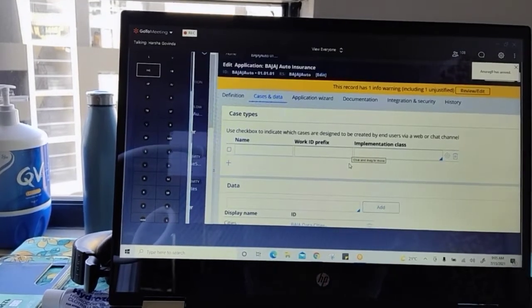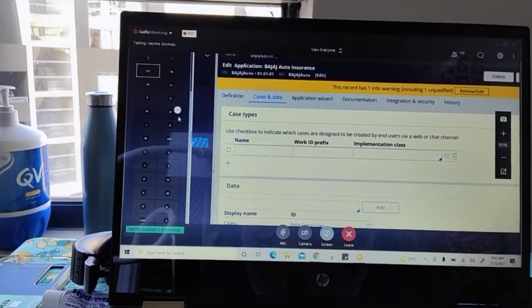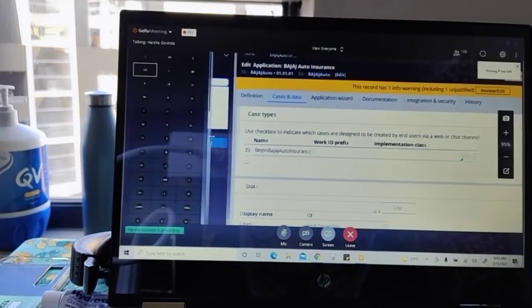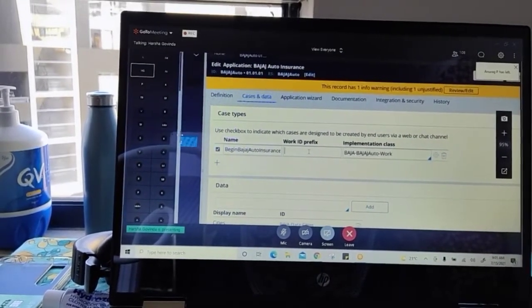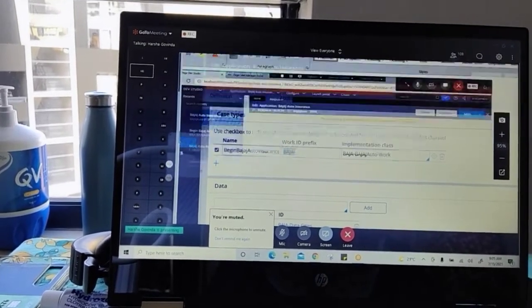One flow name you mention, that is fair enough. What is the name of the flow? Process, flow, begin Bajaj Auto Insurance. So select this option, the flow name, and the class in which the flow is available. The work object prefix I am giving is BAJA dash. Make sense, everyone clear? So this flow name is exactly matching.